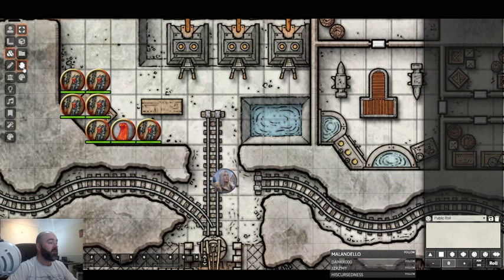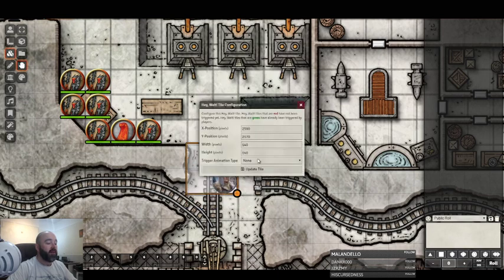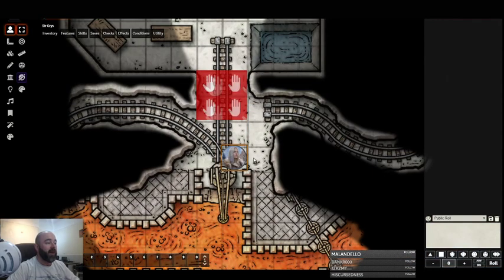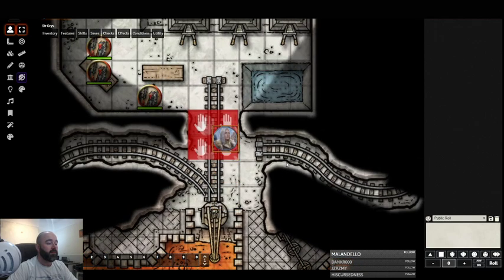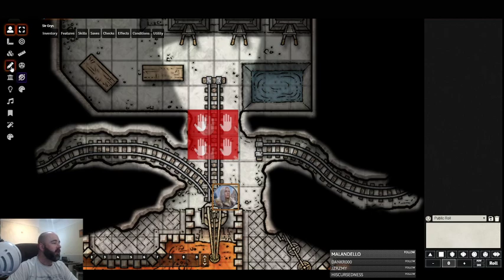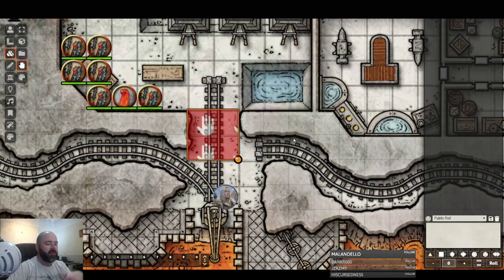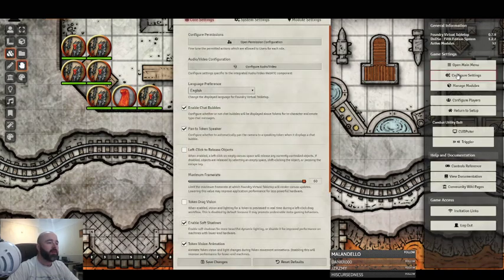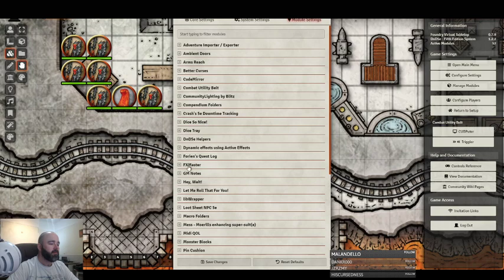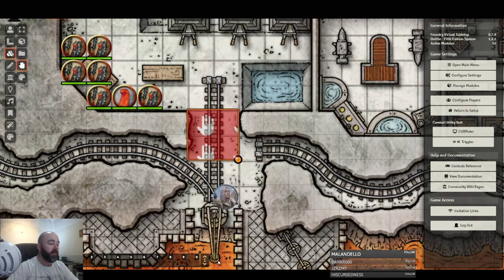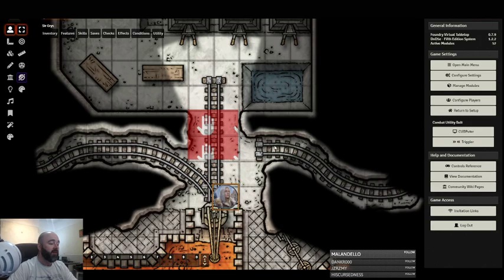So now that I've enabled it, you'll see I've got the Hey Wait tile. So I can just go and drag here and say the trigger type is exclamation. There we go. Now, if the player goes into it, oh, the DM is set to not trigger it automatically for situations like this. I'd have to log in as a player to do that, I think. Or, yeah, restrict GM from triggering tiles. I'm going to undo that so you can see it. And then as this player moves up,